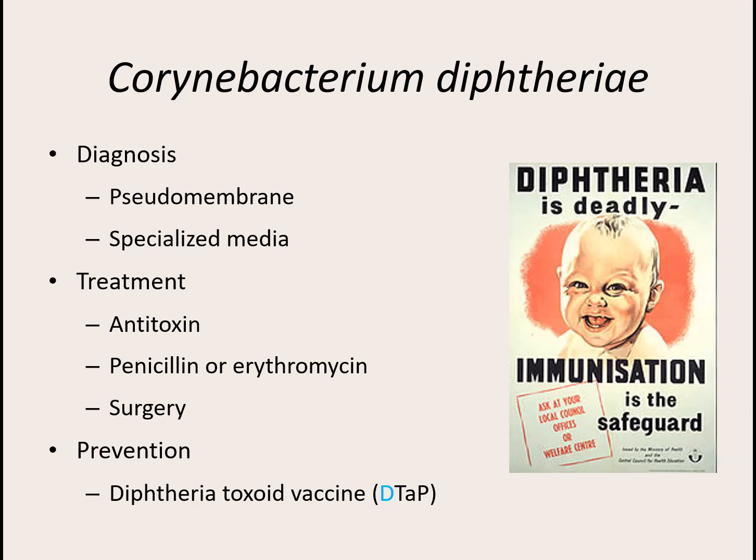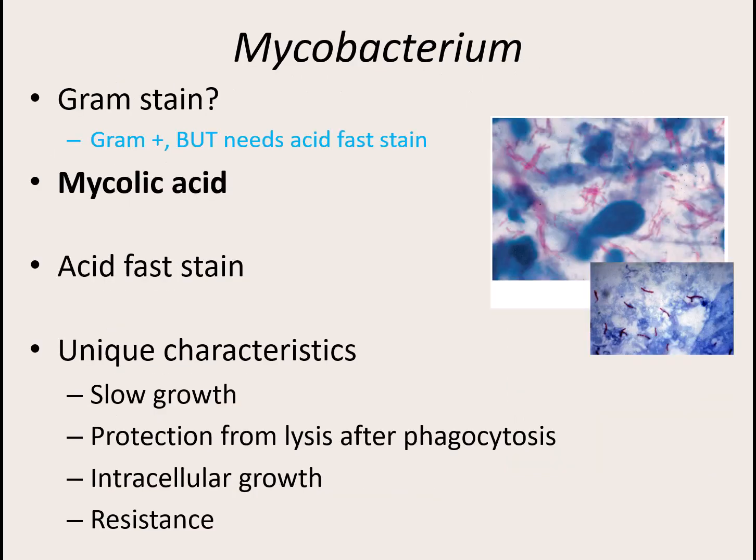On our last and fourth group of our non-endospore gram-positive bacilli is the genus Mycobacterium. If you remember from lecture, we've talked about Mycobacterium because it's the bacteria in this group that have mycolic acid in their cell wall. So they are gram-positive, but because of that mycolic acid, which is a wax-like lipid, it does not gram stain accurately. So we have to do that acid-fast stain on bacteria in this genus.